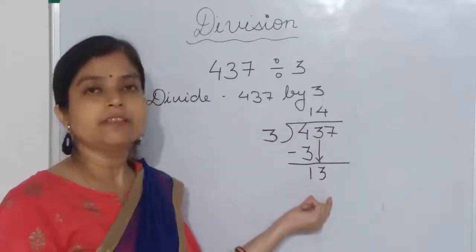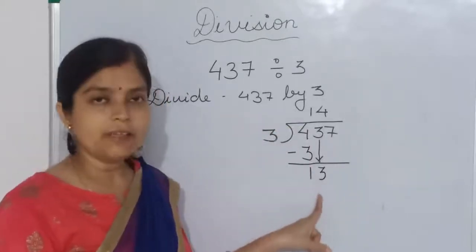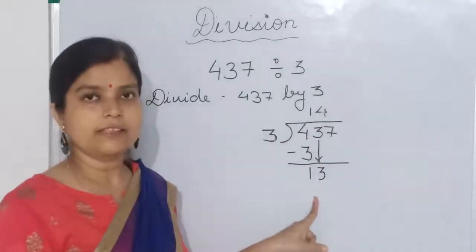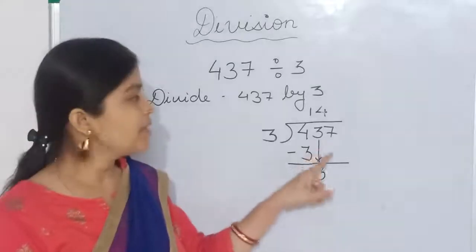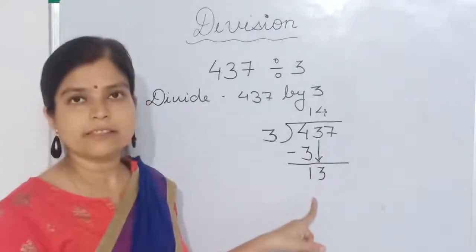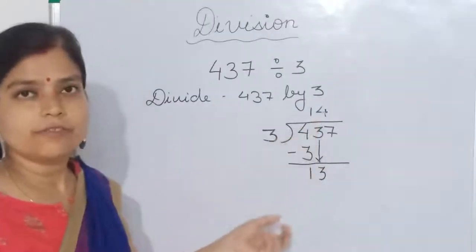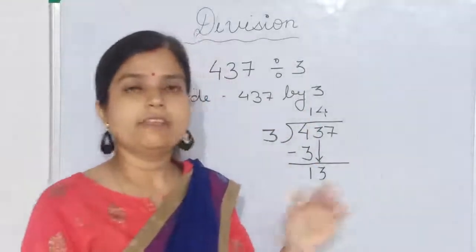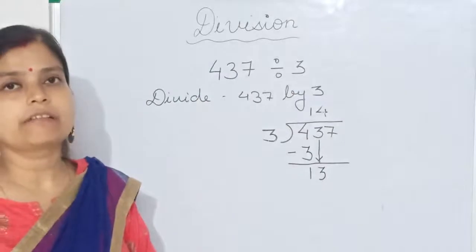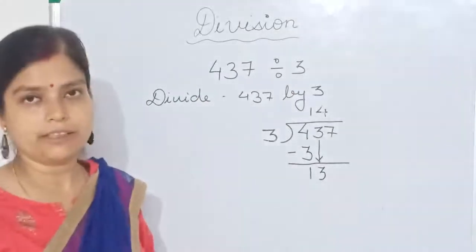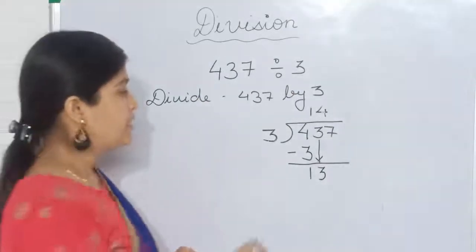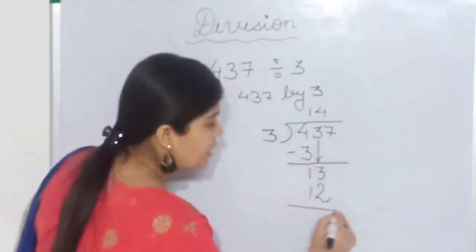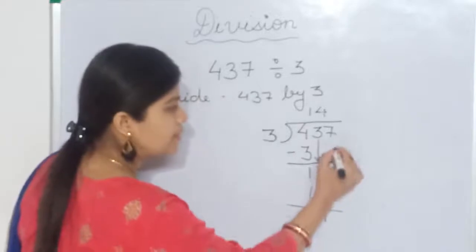They will go like this. Okay, we have to bring the small number here now. So 3 threes are 9 only will do here. 9 is smaller than 13. But there is one more number, 12, which is also smaller than 13. We will go for 3 fours are 12. So you have to recall the table till you get the number which is greater than or equal to 30. Okay. Then we will divide like this. 3 fours are 12. Now we will subtract here. What is the remainder? 1.